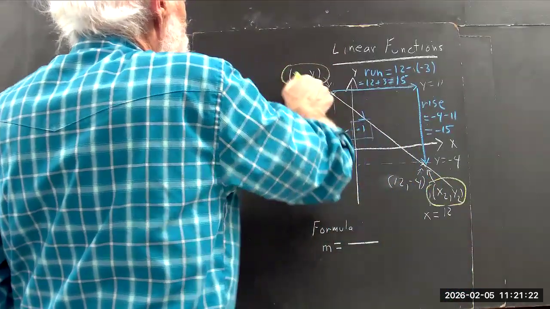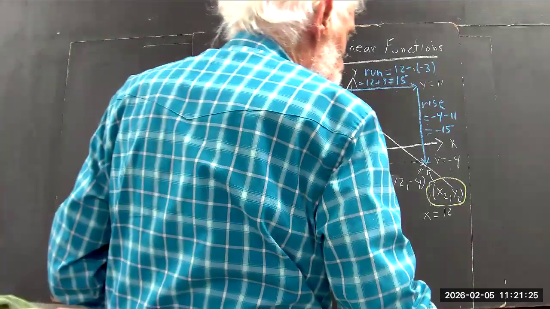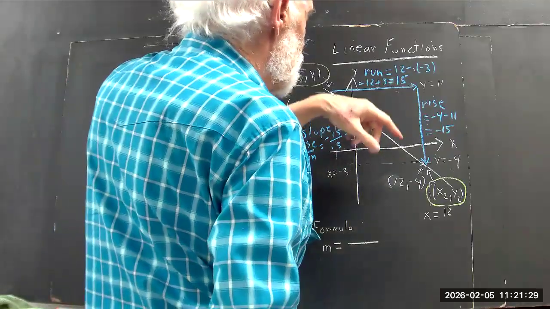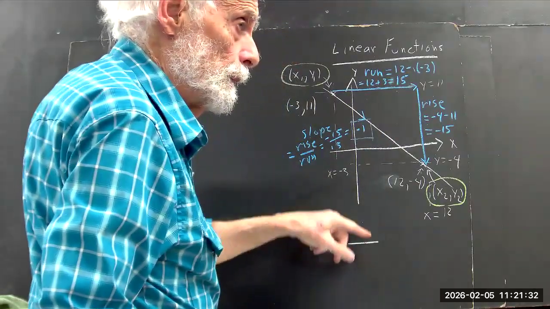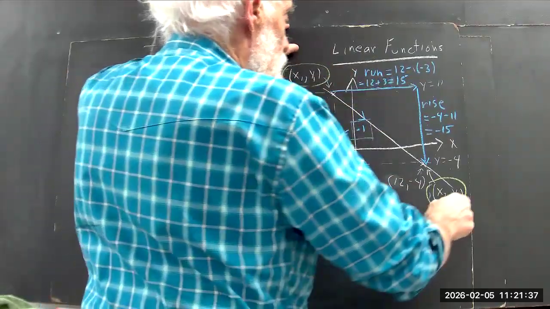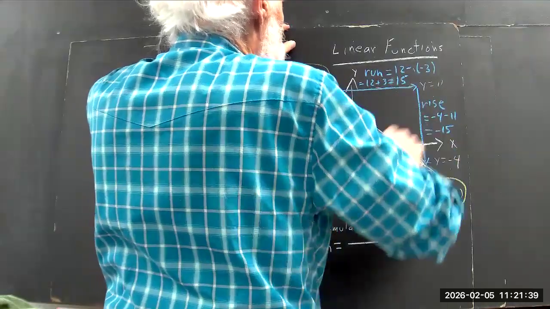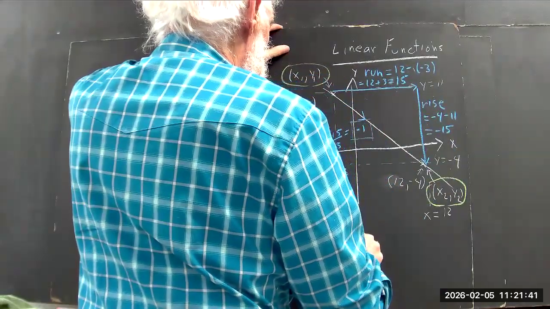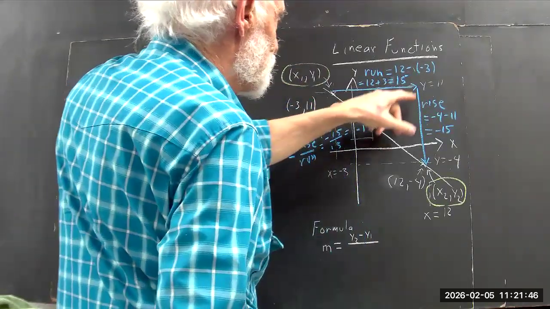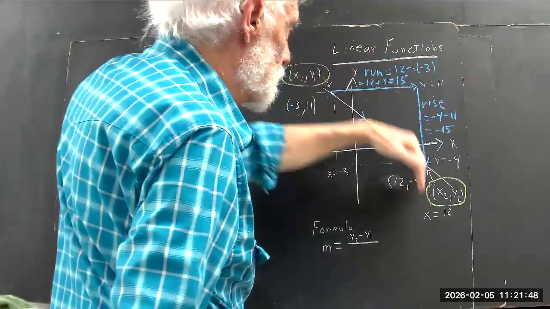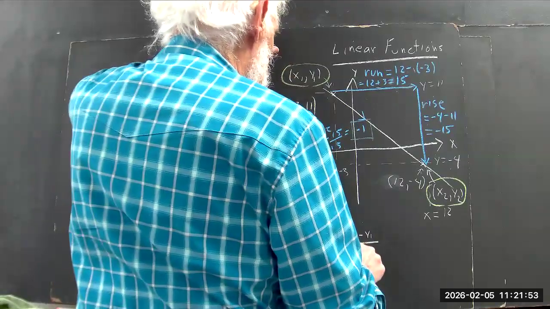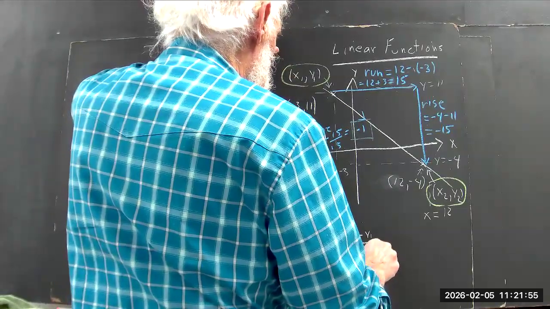In terms of x1, y1, and x2, y2, we got the slope equals what? Well, it's rise divided by run. The rise is this minus this, which is y2 minus y1. And the run is this minus this, the x coordinate here minus the x coordinate here, which is going to be x2 minus x1. Fairly easy formula to remember,